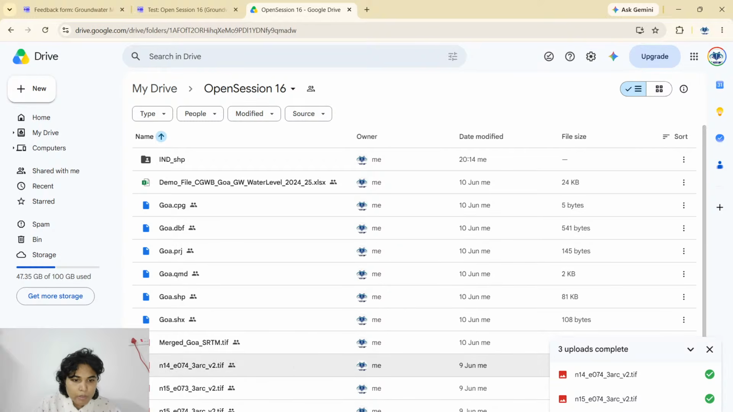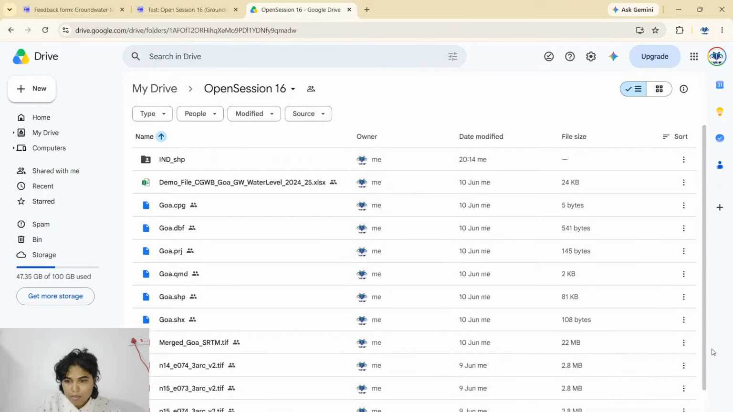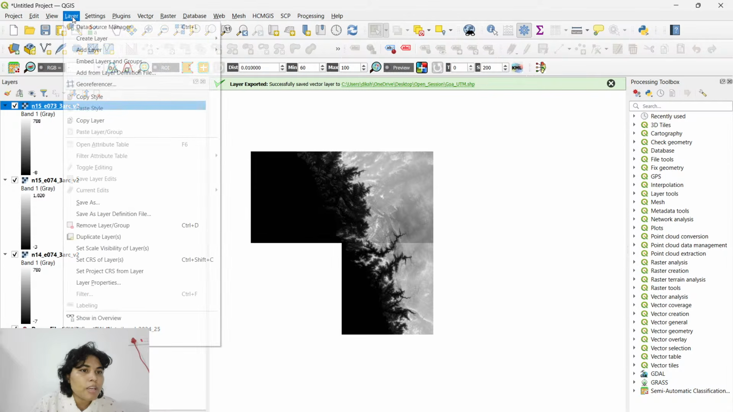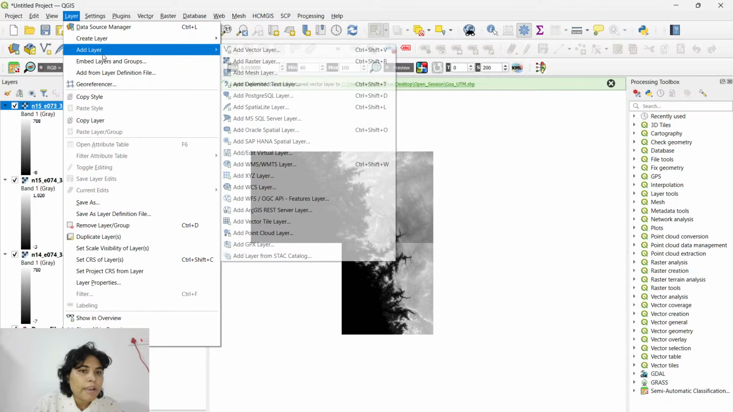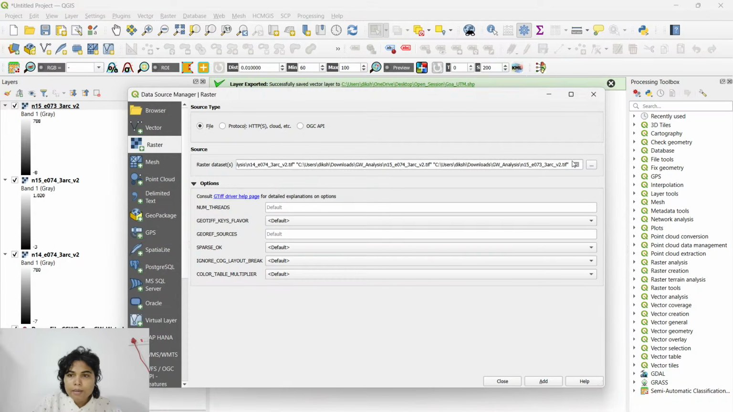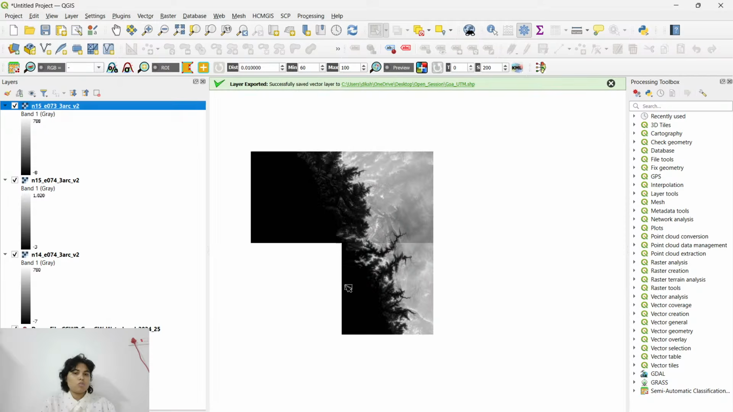Please find these files in here. They are already uploaded. You will see N. They start from N14, N15, N15. These three files I want you to bring in. You come to the layer section, add layer, add raster layer, bring in those three files, and then add them and close. So you will see them here. But I want to create one